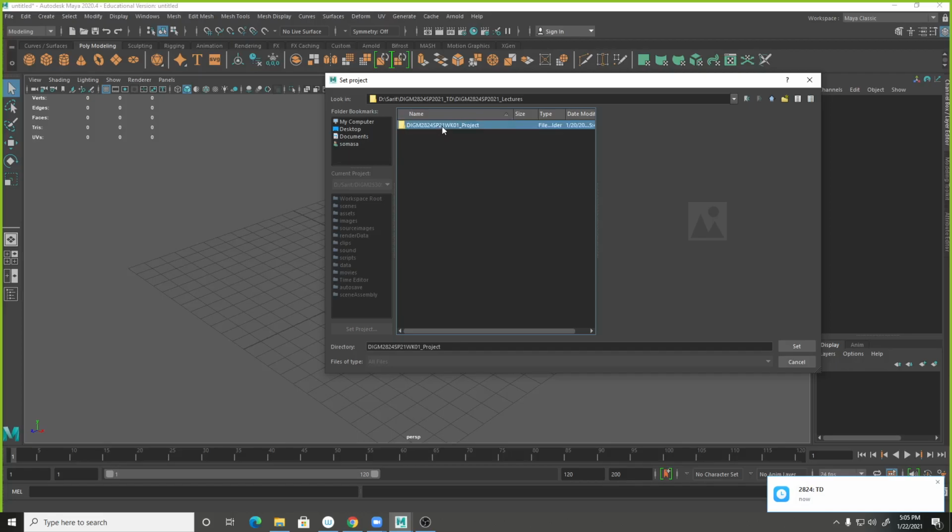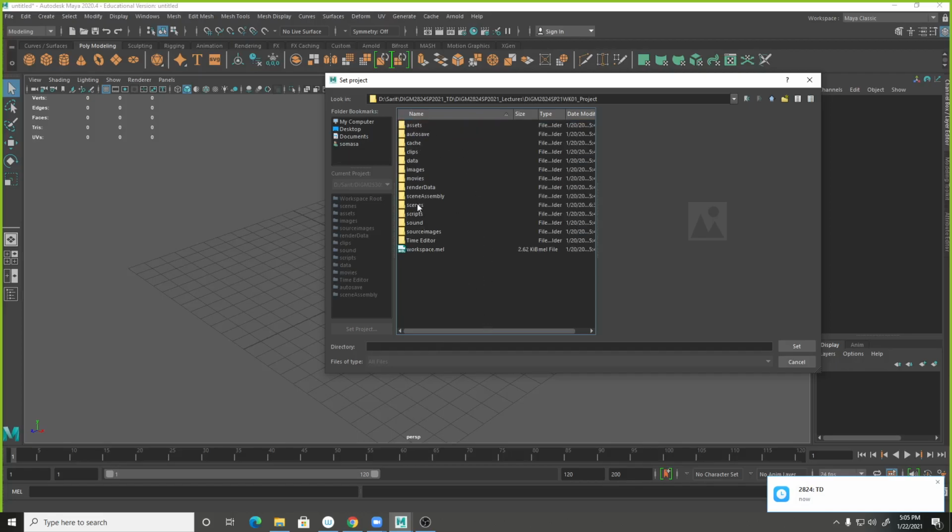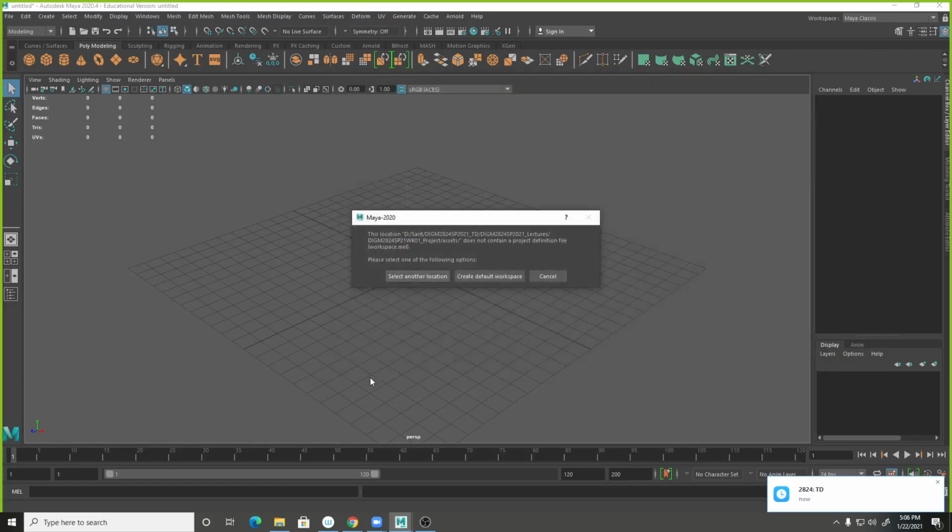I already have it right there. So you select it, and it might be a good idea to double click to check if this is the directory. There will be a time though that you double click three times, and you might highlight this. If you highlight any folder beside the project folder, when you click set, it's going to give you this message. Said, well, there's no